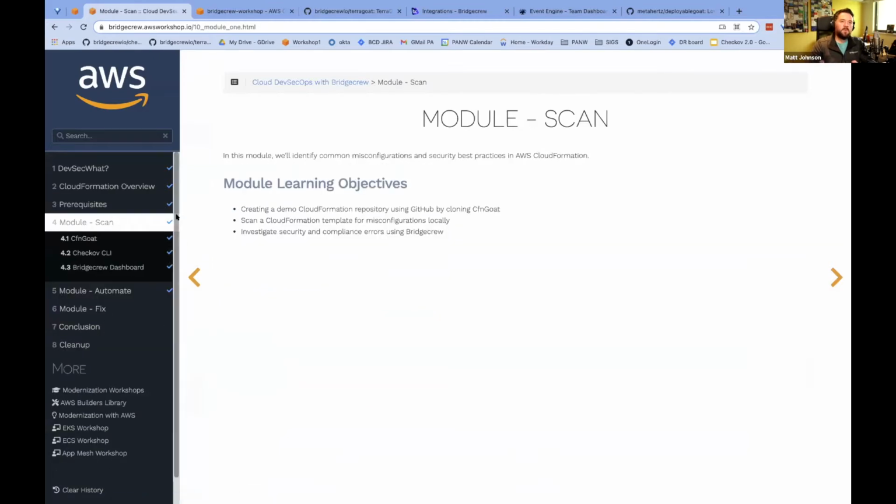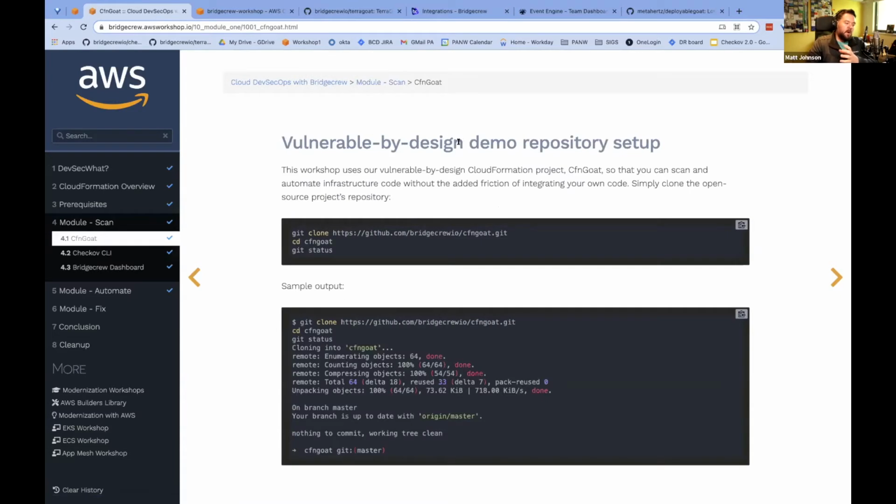So without further ado, unless there's any questions immediately, let's jump in. The first thing we're going to do is clone a sample repository of infrastructure as code. And obviously, we're not going to expect you to bring one of your production code bases to a workshop like this. So for the sake of learning and exploring, we've created a number of projects that we call